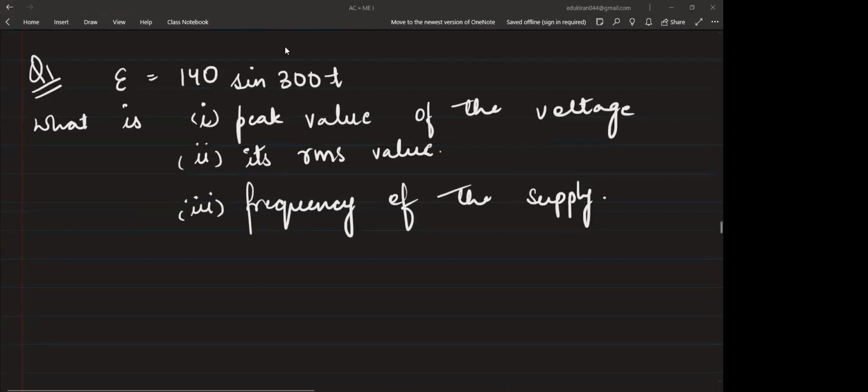Okay, one numerical from this. So then we'll move on to circuits having only resistors. Once this question is clear, then we'll be able to understand the next part. Just try to write it. I'll discuss it. Just write once.